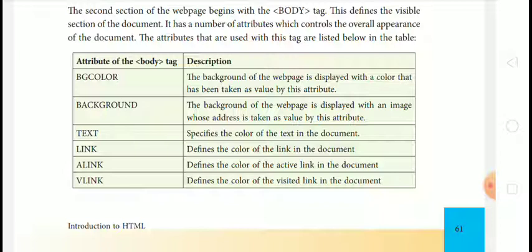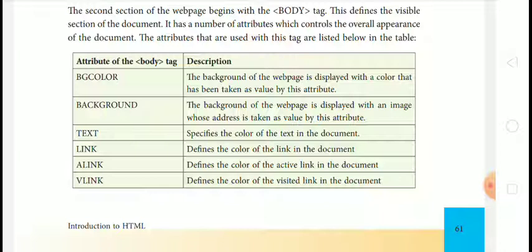On the left side is the attribute of the body tag, and on the right side the description is given. So first is BG color.